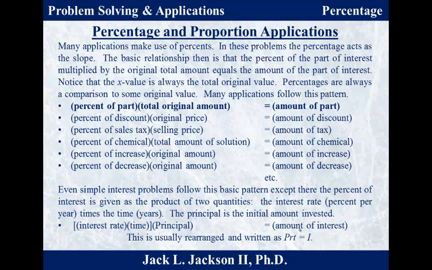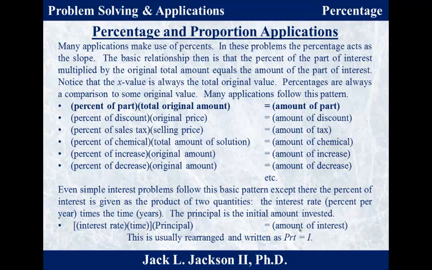Now, even simple interest problems basically follow this, except that the percentage of the interest is not given really as a percent. It's given as a percent per time, so you have to multiply that by time to get the actual percentage of interest. So the interest rate, which is percent per time, and of course you make it into a decimal, all these percentages you'll make into decimals. So you take the interest rate times the time, that together makes the percentage of interest. And then times the principal, which is another name for the original amount invested,